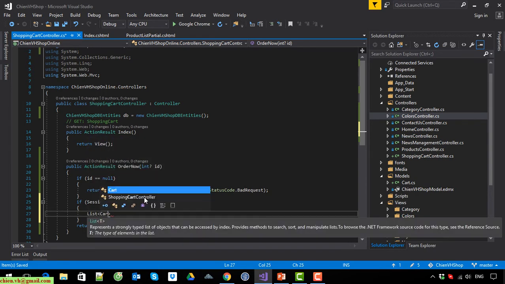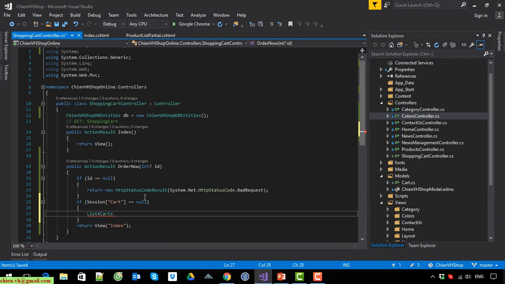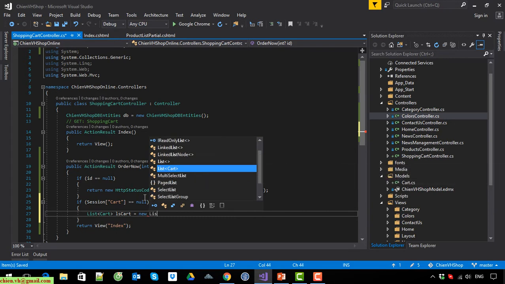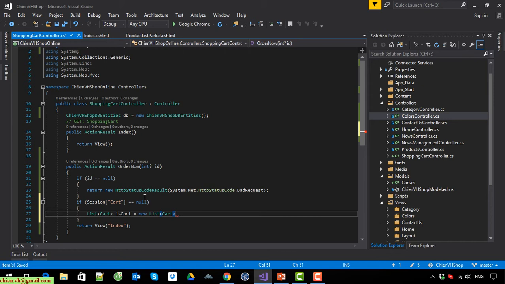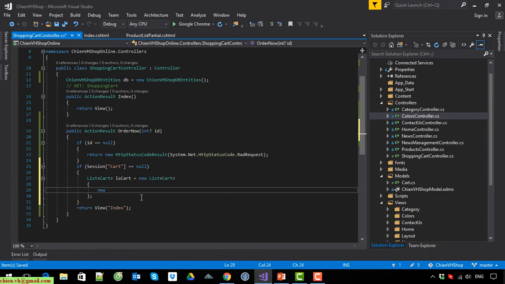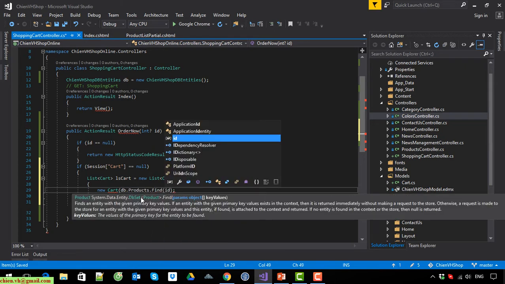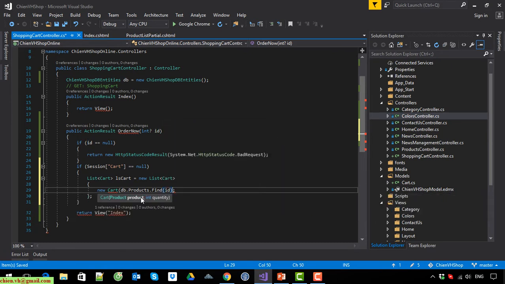We will have a lead card. New lead card. Okay, so I will create a new one. We have the db, product, ID, and what